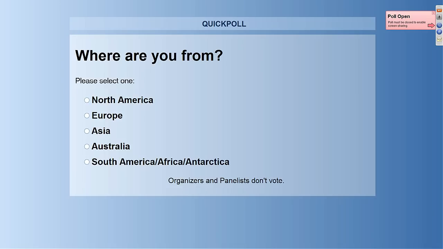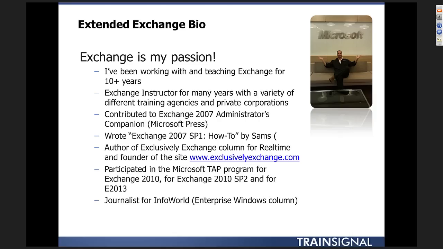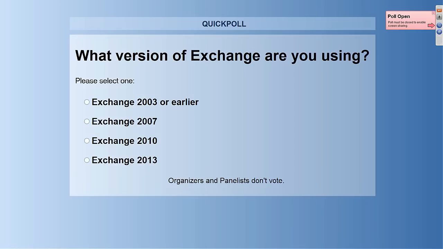Okay, I see everybody's from everywhere. North America, Europe, Asia, very good. Nobody from Antarctica, I guess. Fair enough. I'm not going to ask for percentages then as far as where everybody's from, but as far as what version of Exchange everybody is using, let's throw that poll question out there as well, and let's see what,